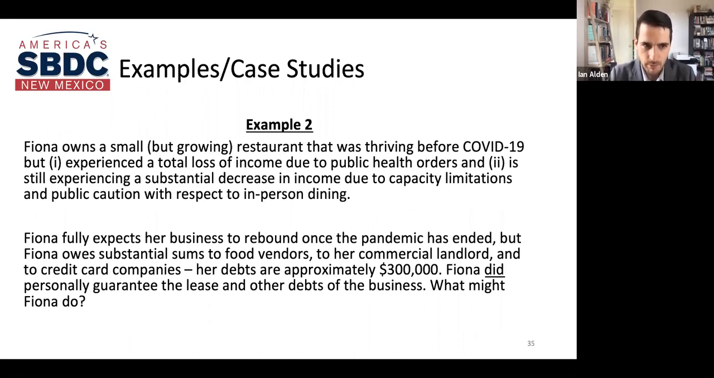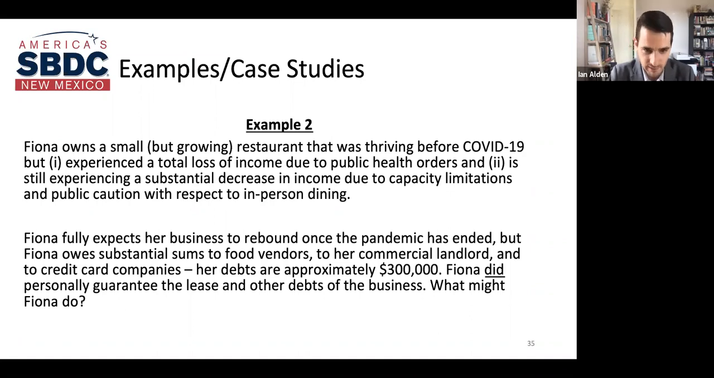Here's another example. Substitute Fiona for Paul. Same thing. She owns a small but growing restaurant. It's doing very well before COVID. Same thing. Total loss of income for a while. Reduced income now. She expects it's going to pick back up once the pandemic is over. But she owes substantial sums to food vendors, to the commercial landlord, to credit card companies, $300,000 in debts, and